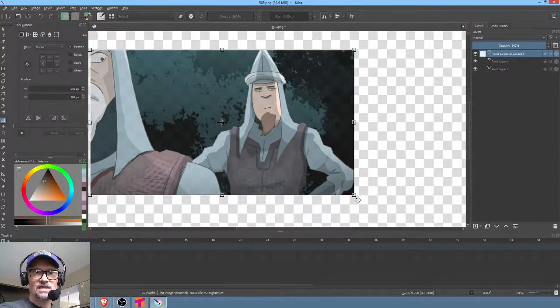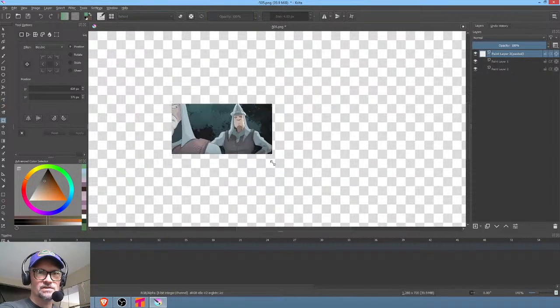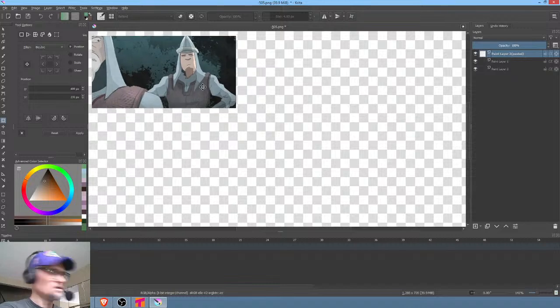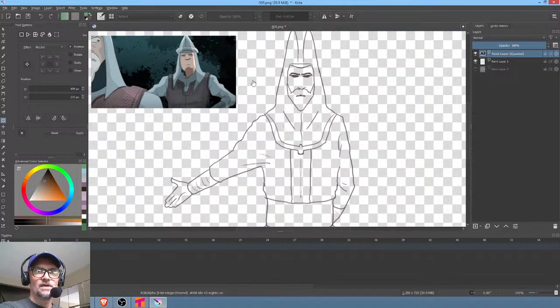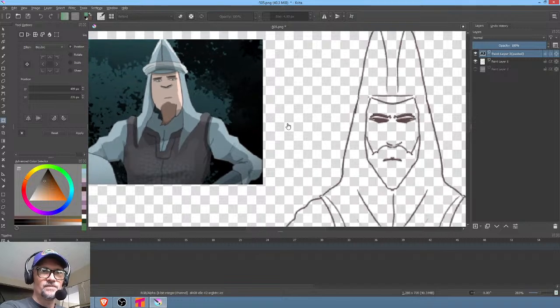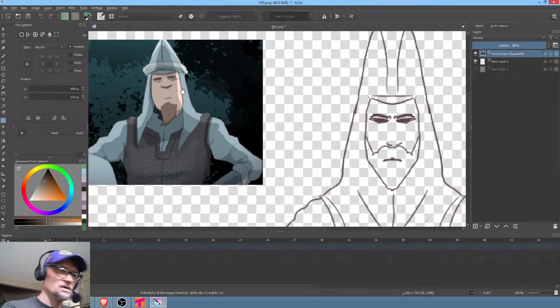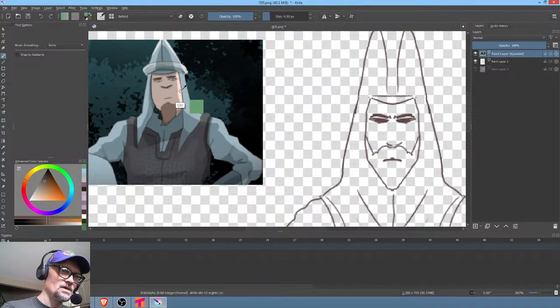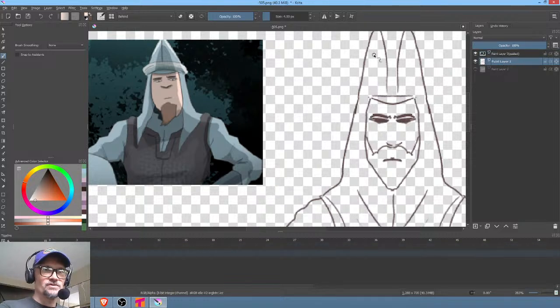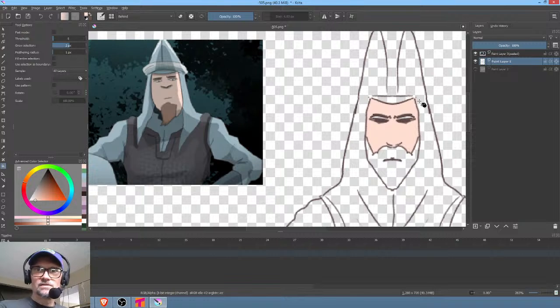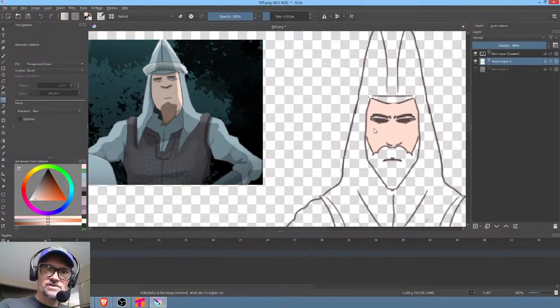And now let's hit the A key. Obviously the lighting situation's a little different here, but we'll turn off the background. And this way we can just kind of slam it in there. B key, we'll sample that. And then if we're still in behind mode, which we are, should be able to start just blocking in some